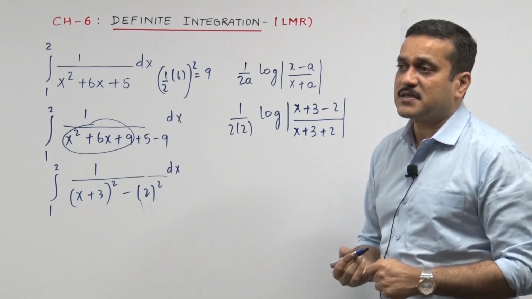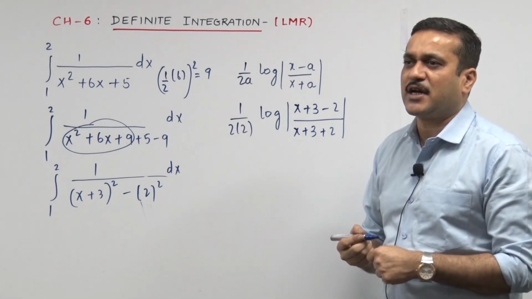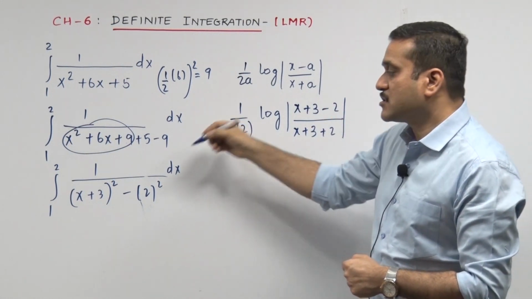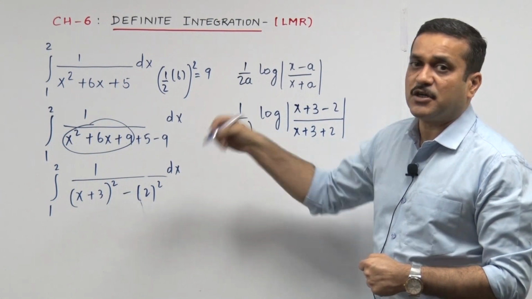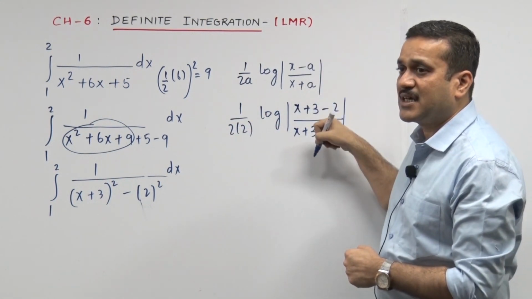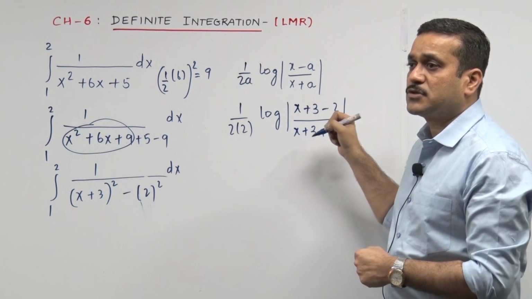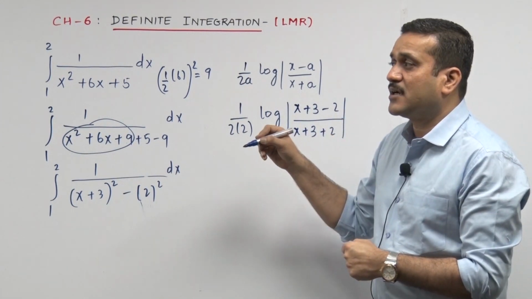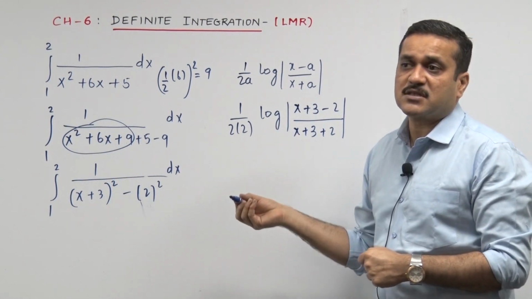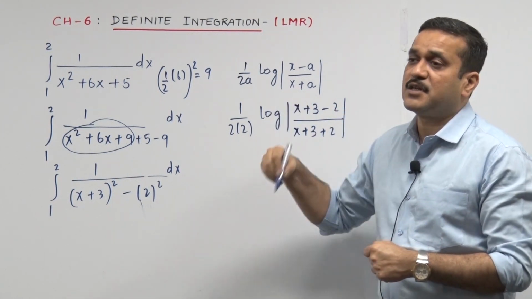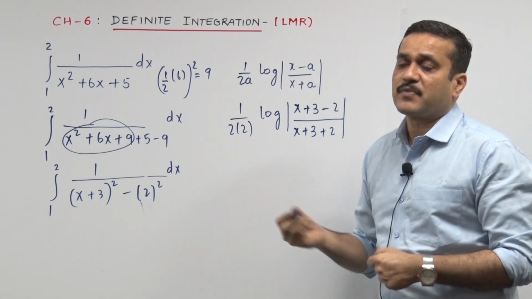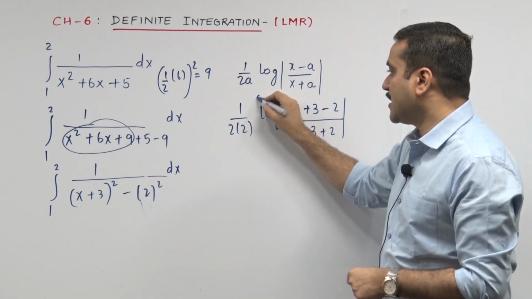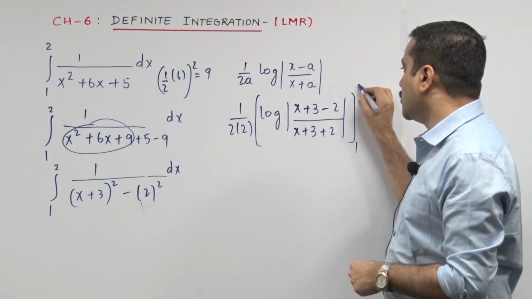Oops, don't say plus c, because if you say plus c, I'm pretty sure at student level you are going to terminate the solution. You may not, because you are slightly far away from the limits 1 to 2. You have written the formula, you are punching in and fitting in the value, so your concentration completely comes onto this side. And then you tend to forget that this was a definite integral sum where I had to take the answer between the limits 1 to 2, and by saying plus c you ended the solution. So now that needs to be taken from 1 to 2.